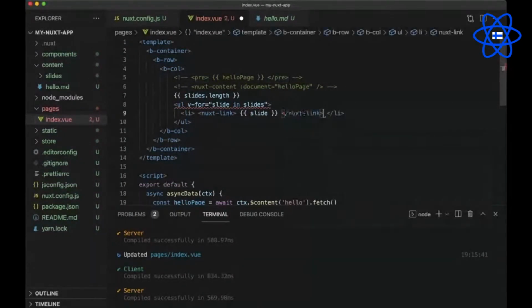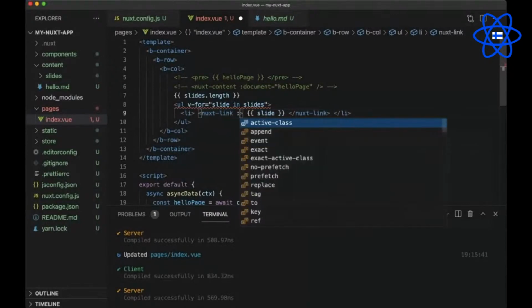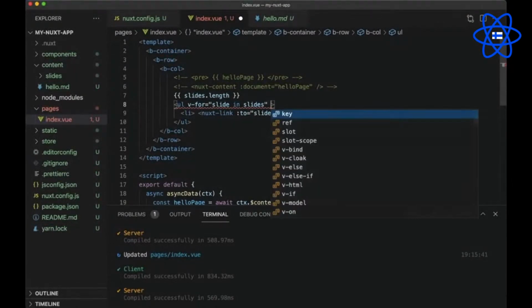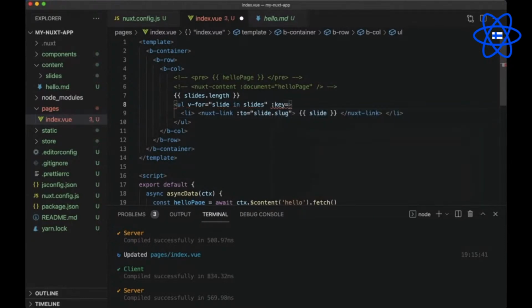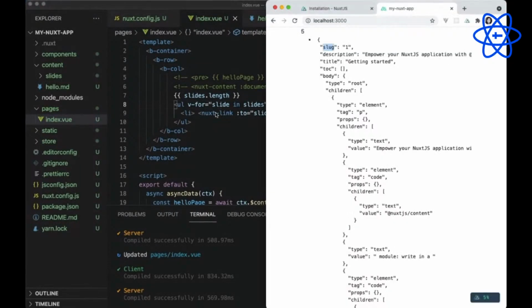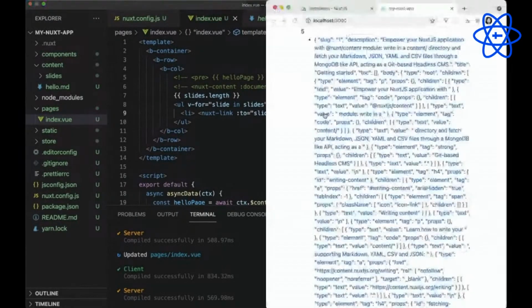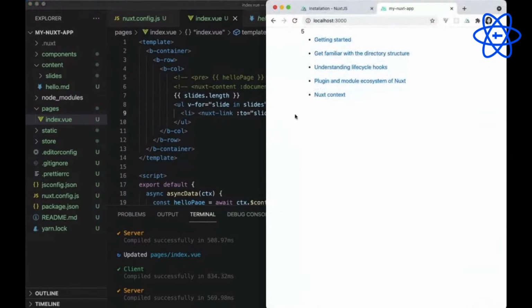This is the default component that comes with Nuxt, which accepts a to prop, where we can simply pass in slide.slug. Right? And here we are getting a red squiggly because it's looking for a unique key, which in our case would be slide.slug, because it will always be unique. So now we don't have to see the entire object. So let's go slide.title,